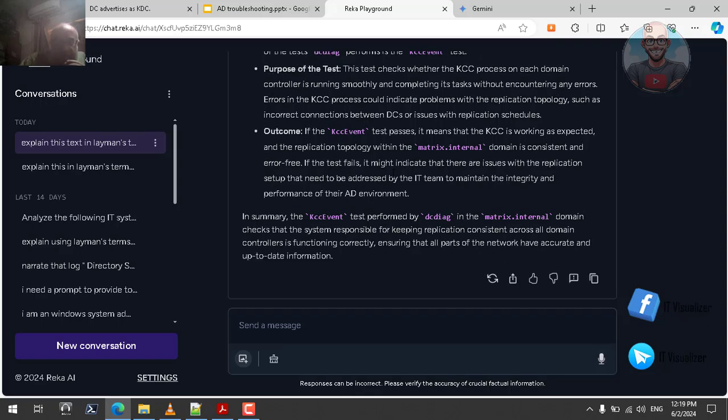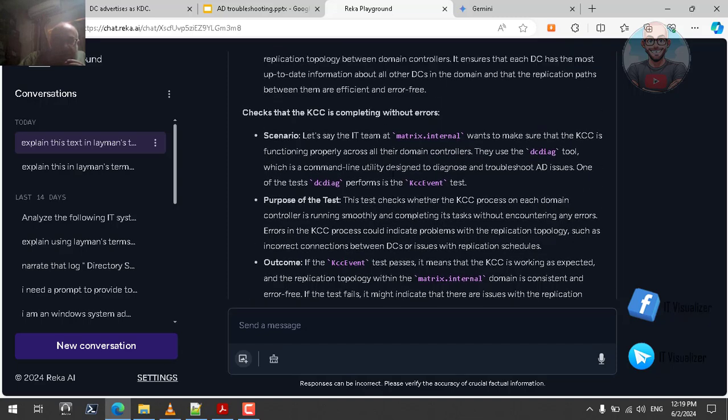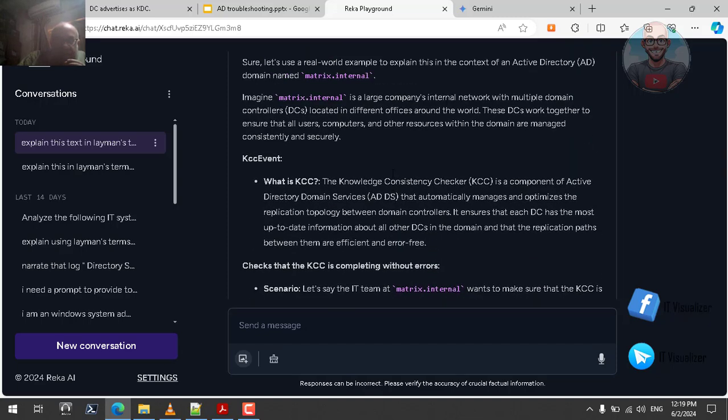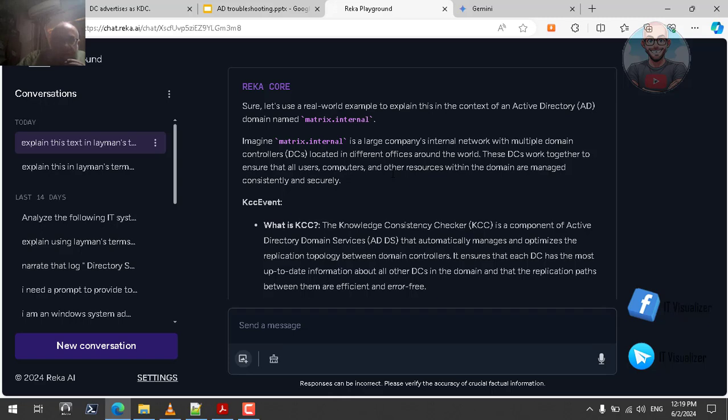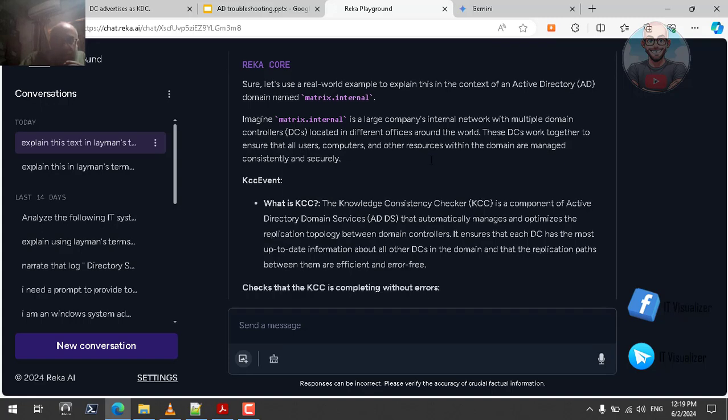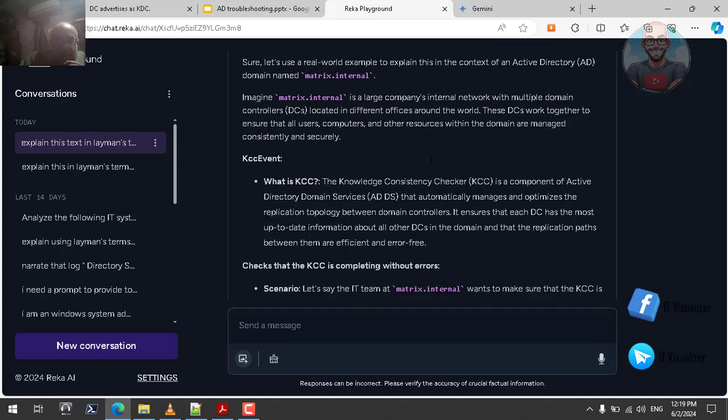Okay, so he's saying here that concerning this example, imagine that you have matrix.internal, a large company internal network with multiple domain controllers located in different office locations across the world. So we have a domain matrix.internal, and in this domain there are different domain controllers in different offices in different geographical locations. These DCs work together to ensure all computers, users and resources within the domain are managed consistently and